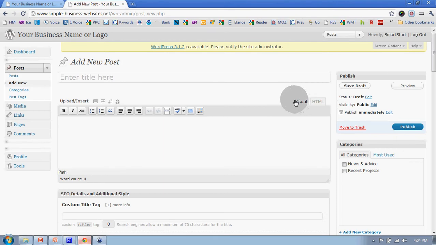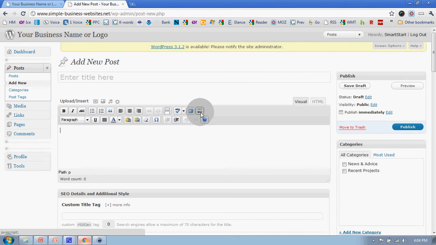So here on the visual tab, one little button to pay close attention to here is this show/hide the kitchen sink. And if I push that, you'll notice this little toolbar gets bigger. So this is just a way to hide or display more options. I try to leave that showing the kitchen sink so I can see all the options. So in this area, we have a place to add content. We have a little bit of some word processing options up here. So left justify, center justify, right align, all that stuff. So let's just write,